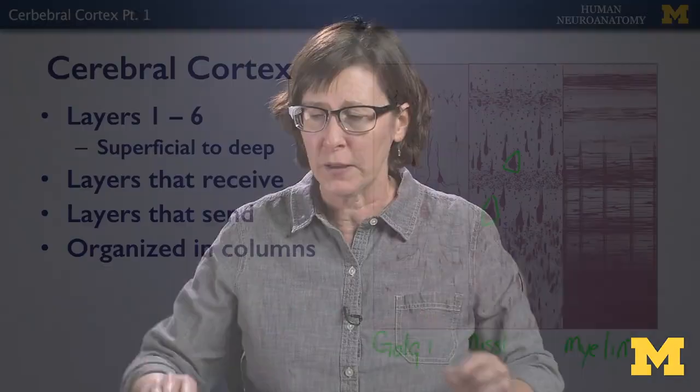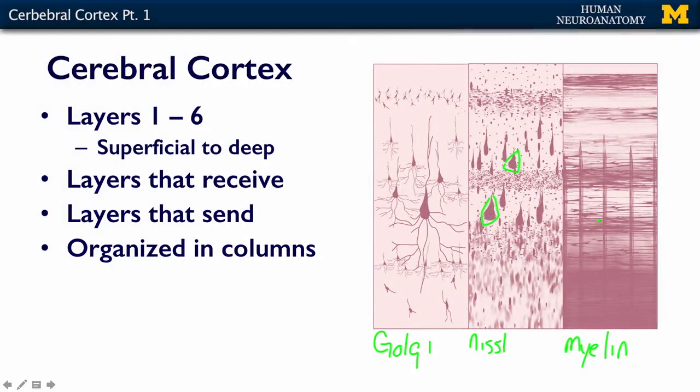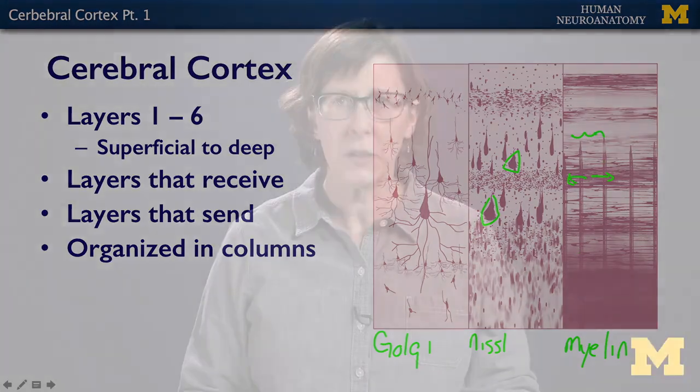If you stain for the myelin, what you notice are these columns of cells separated by bands of fibers, making these columns within the cortex. It turns out that these columns are kind of the functional unit of the cortex. Neurons within a column are working together, and then they talk to the neurons in the next column, or the next column this way. But these guys are all working together. In the next section, we'll talk about more of the cytoarchitectonics and what that means with regard to function.